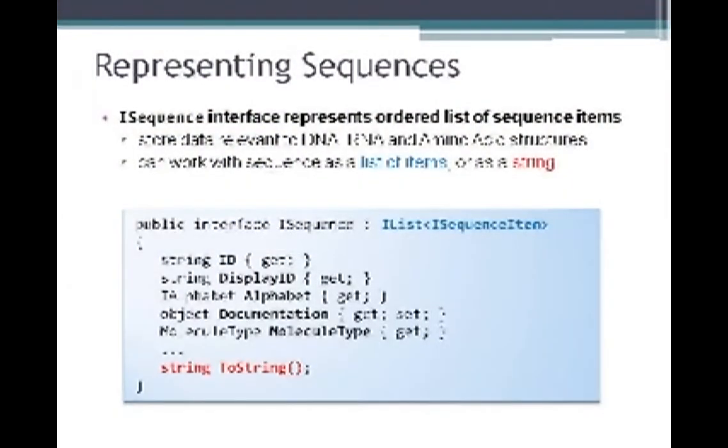This is also what we actually build sequences from. Sequences are built out of sequence items. You can build your own sequence items, but there's a base class called Nucleotide that already implements that for you. And it just stores the data, and then you can actually use it. Now, when we're manipulating a string of sequence items, we call that a sequence. That's represented by the iSequence interface in MBF. iSequence, notice, implements iList of iSequenceItem, rather. And so a sequence is simply a list of sequence items. All right, when it comes down to it, that's what it is.